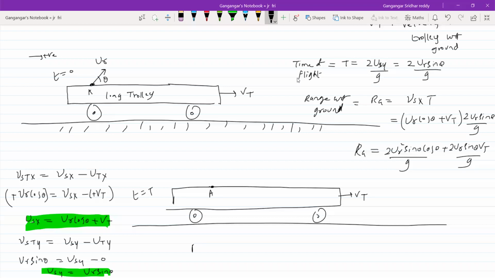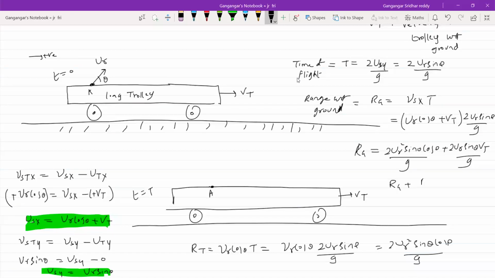Now range with respect to trolley. Tell me any formula I should use. What is the horizontal velocity of the ball with respect to the trolley? Only UR cos theta, into the time of flight. So UR cos theta, time of flight is 2UR sine theta by g. So this is 2UR square sine theta cos theta by g. So range with respect to ground will be how much? RT plus